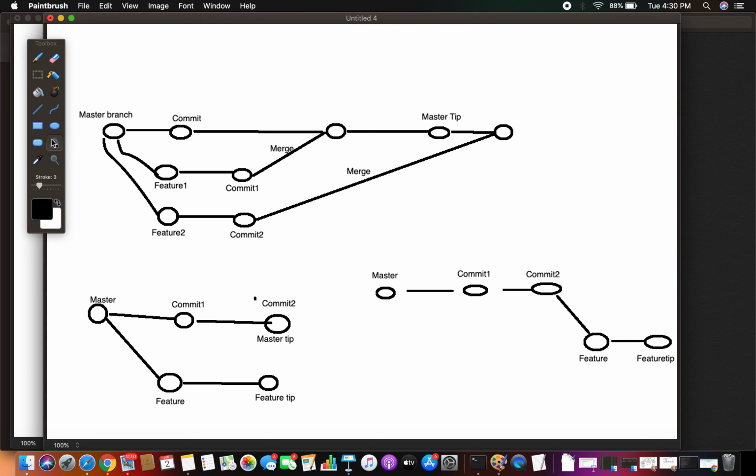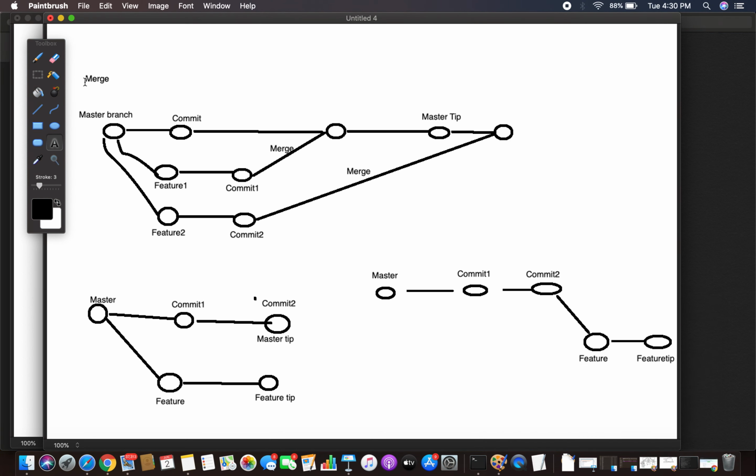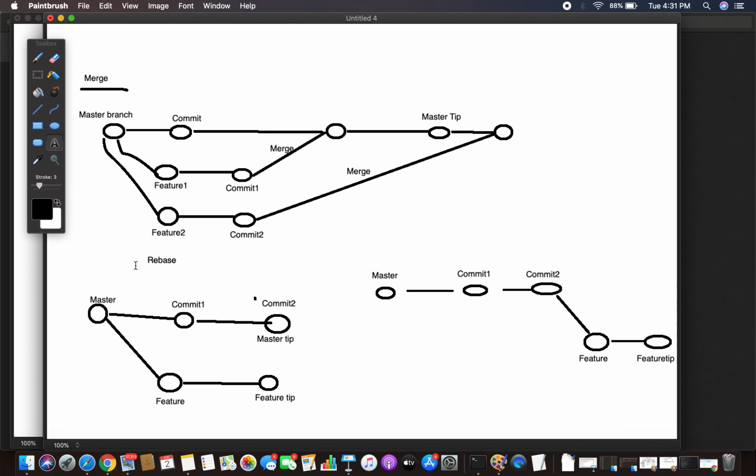Let me write that. Merge is this one. This is a rebase.